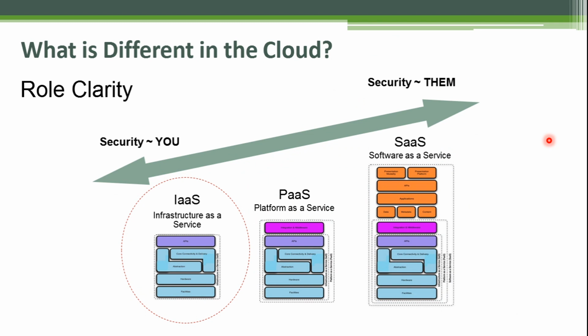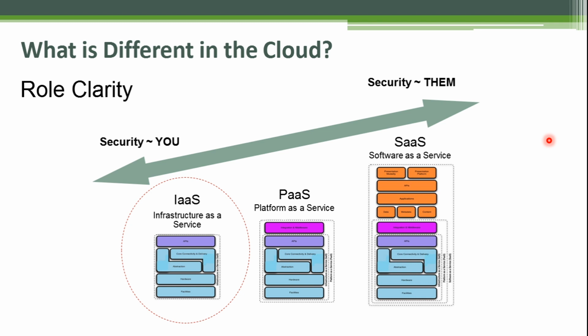Okay, what is different in the cloud? As we change our architecture, when we move from our traditional environment to cloud computing, the security needs to be changed, right? If you are just using software as a service, like Microsoft Office 365, what's your responsibility? You just need to secure your data hosted on top of that application, right? You don't need to worry about the platform and the infrastructure, because that's not managed by you, that's managed by the service provider. So the shared responsibility, there's a common term used in the cloud environment, the shared responsibility model.